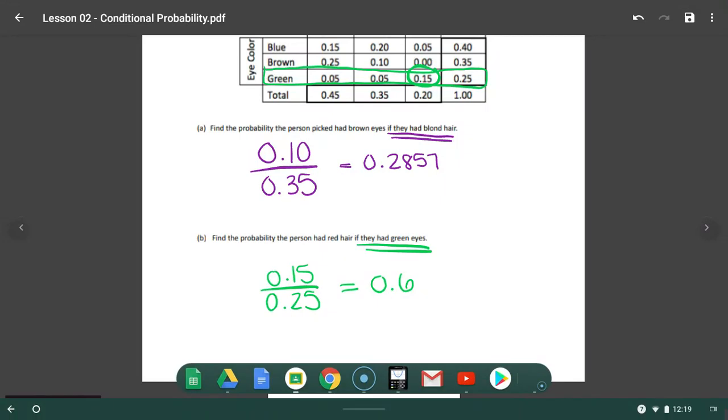This conditional probability is just as it sounds. There's a condition put in place. So given you know it's out of a certain group, whatever the given is or the if is, that's what the bottom of your fraction is. And then you only can pull from that category, so it's the intersection of it. Okay, so definitely use the pictures to